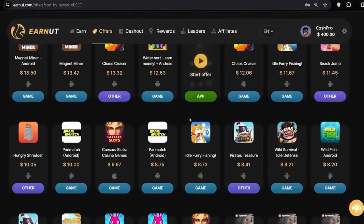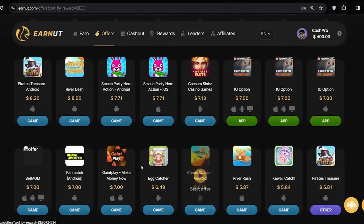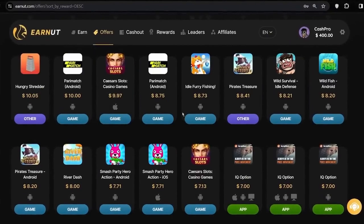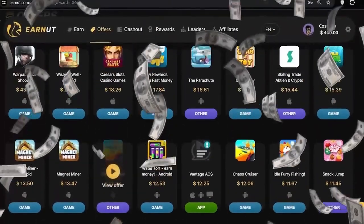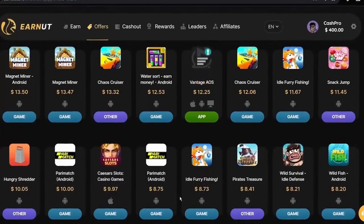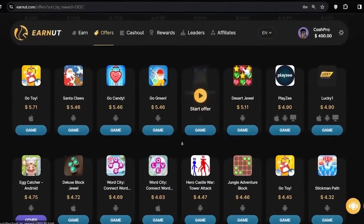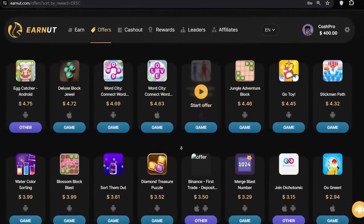and games. So to earn money installing apps, you want to hover your mouse on offers and click on it. That's going to take you to this page where you can find many different play-to-earn games and apps that you can install and earn money online. And on an average, you can earn $30 per app you install from earnut.com. Sometimes you can also find famous apps like PayPal, Cash App, TikTok, and Instagram here that you can install and